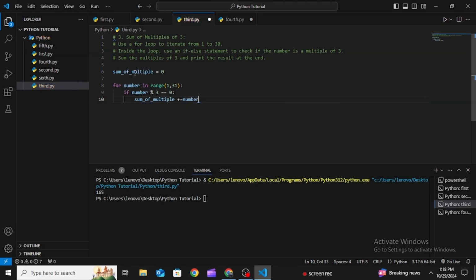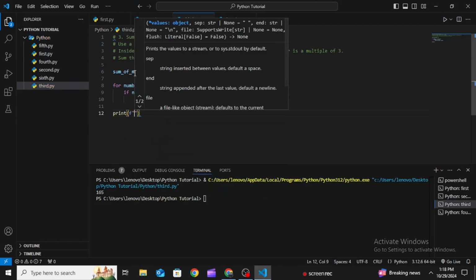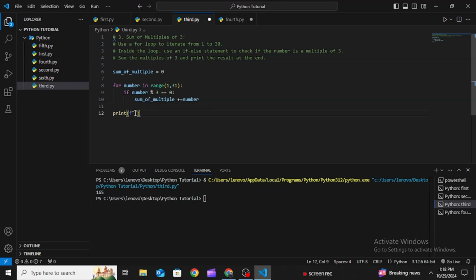Okay, so here we are done. Now we will simply print it using an f-string. So the sum of multiples of 3 from 1 to 30 is